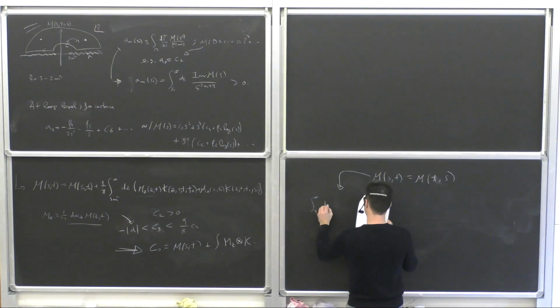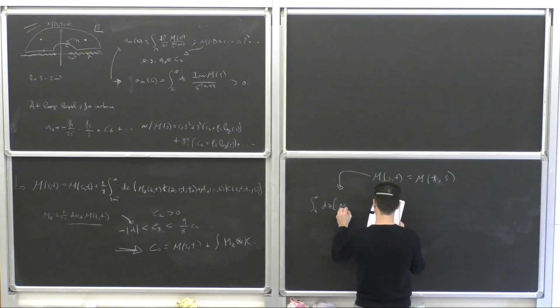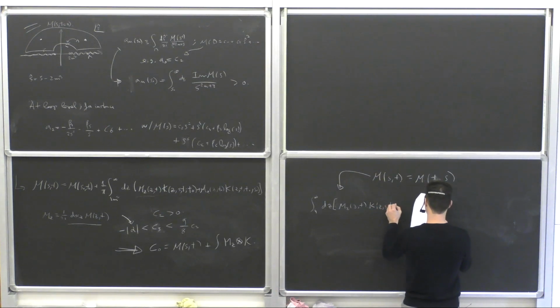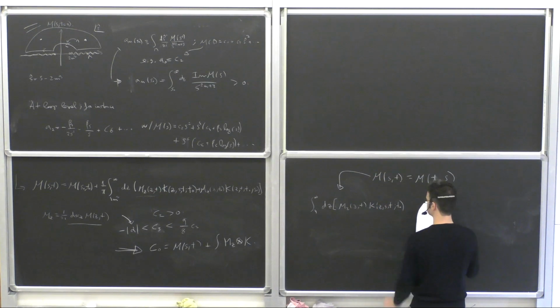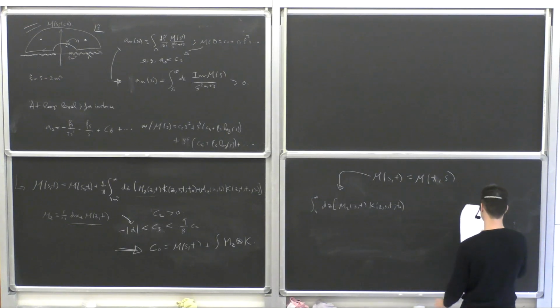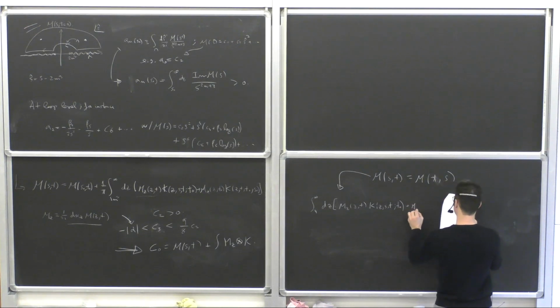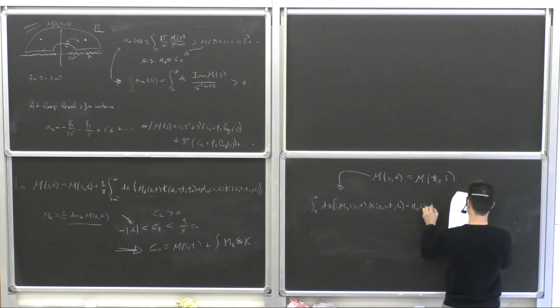Let me be schematic, and you can check the notes for all the details, but you will get M_z of z,t times K of z,s,t naught, plus M_z of z,t naught